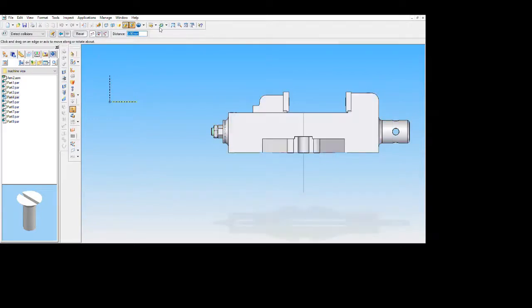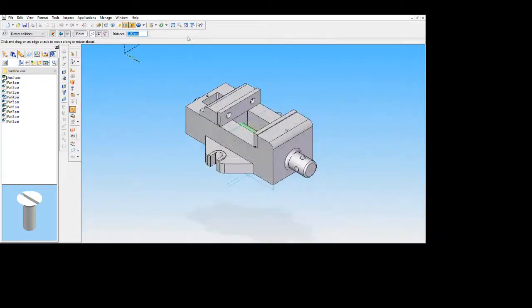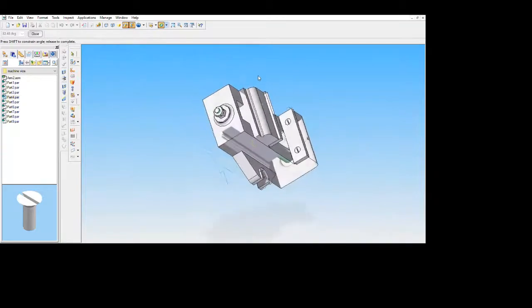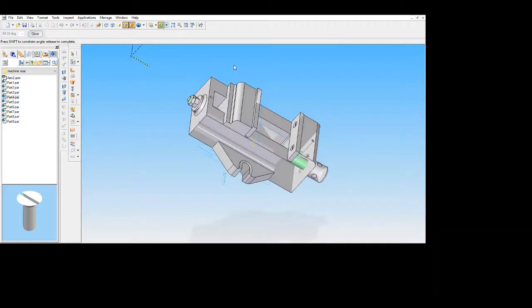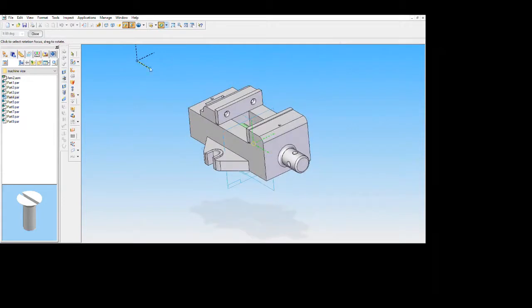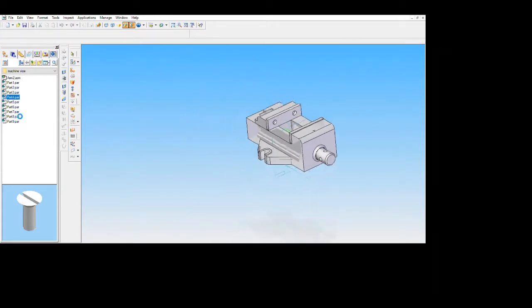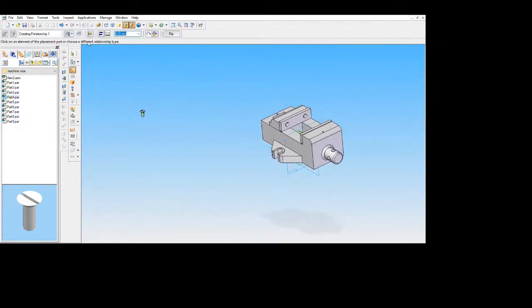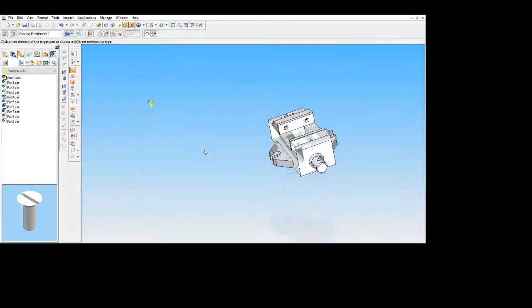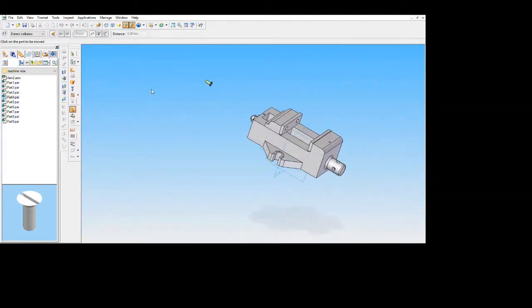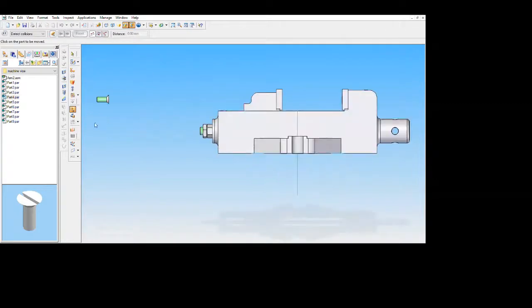Now go back to isometric view. You can see both screws have been placed in the holes. Now again summon part number 4, go to assembly, go with axial align, select the cylindrical part and select the cylindrical part of this one, go with move command, go with front view, select this part and move it,